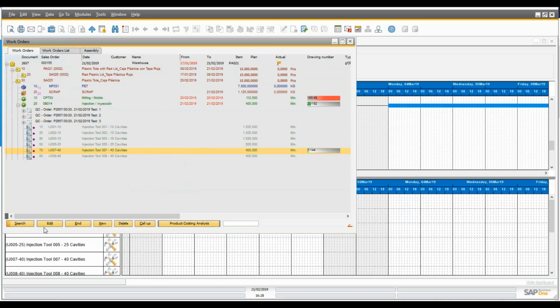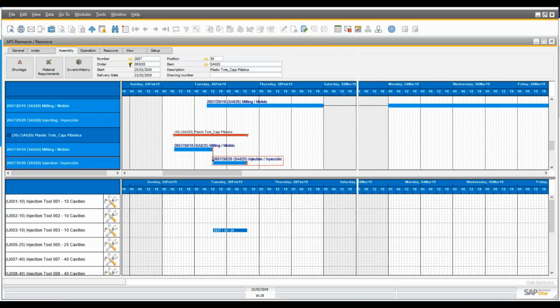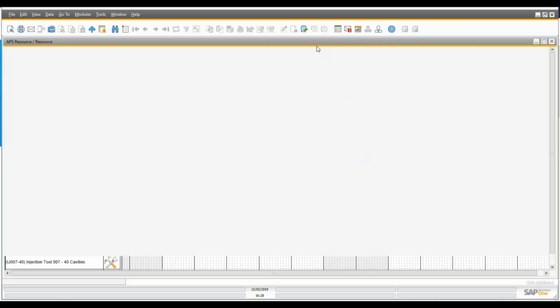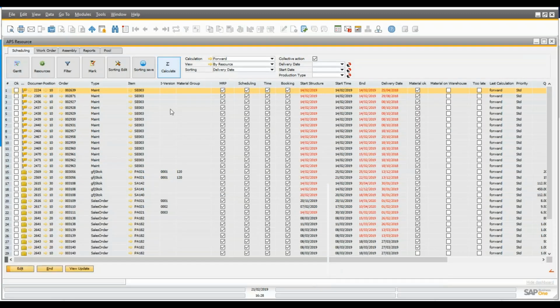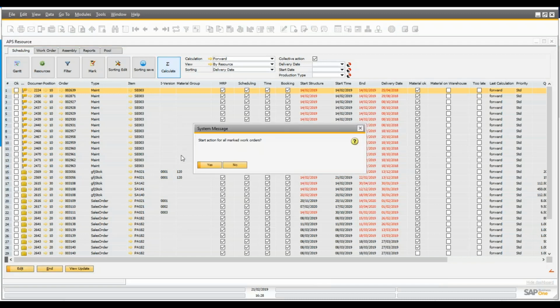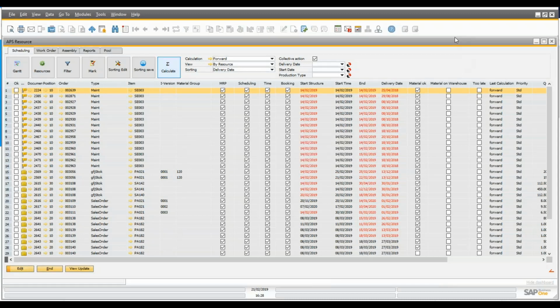Now I have changed the tool, and for this to be considered by APS and also to reprogram the production, because the production times when using one or another tool are different, you just have to run the APS calculation again. So let me close the Gantt chart, rerun the calculation, and then, oh, it's finishing, okay. Then when I open the Gantt chart,